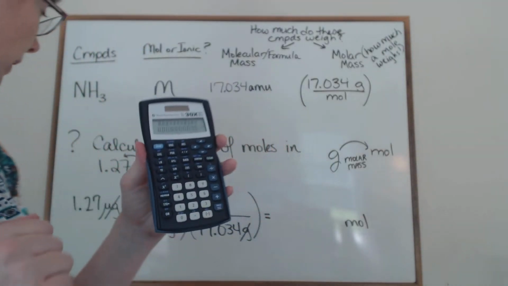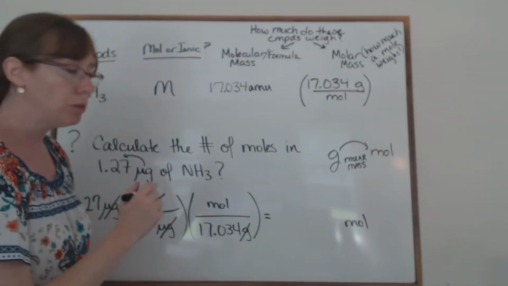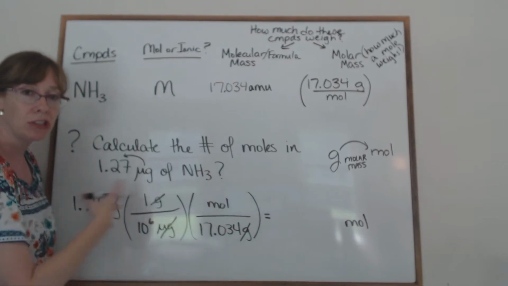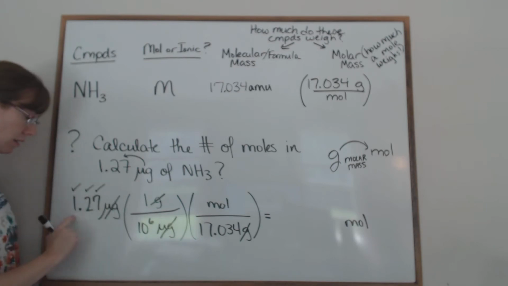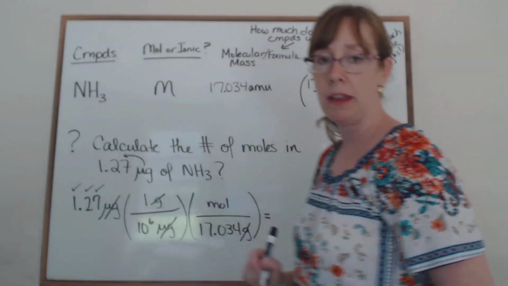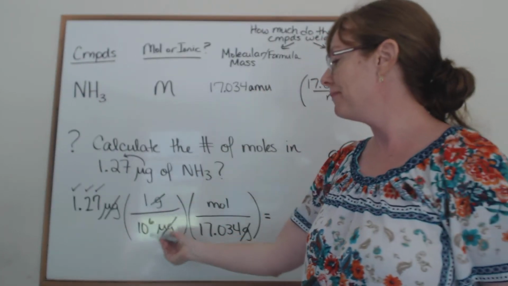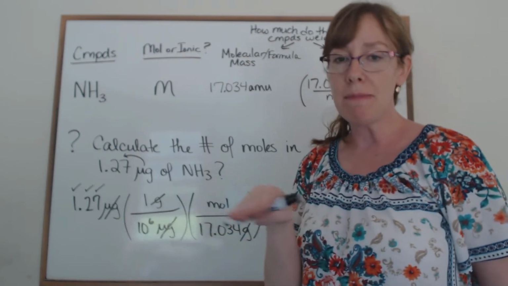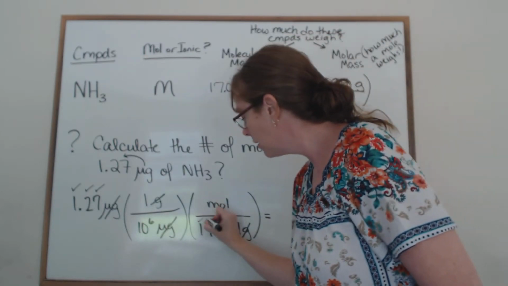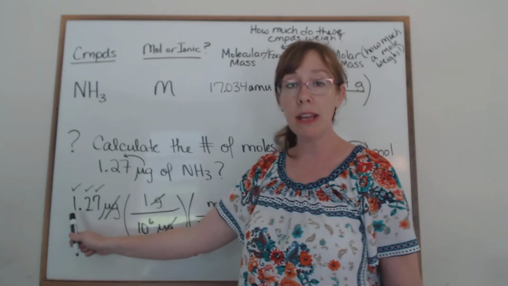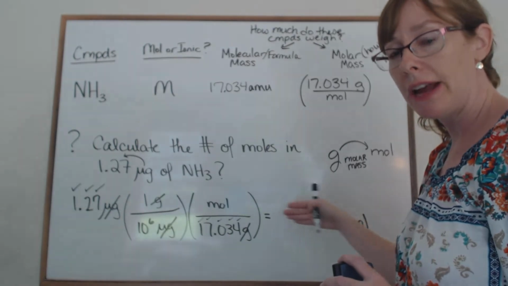Now, let me show you something real quick. How many sig figs are going to be in our answer? Well, this is a multiplication division problem. So you count the sig figs in all the pieces. So this guy has 3 sig figs, all non-zero digits, so they're all significant. This is an exact number. That's exactly what an exact number is, if you were wondering. It's just like a metric conversion piece. That doesn't matter. That's not a measurement, so you ignore him. And the molar mass has 5, okay? So 3 is our limiter. You pick whatever one has fewer numbers, and that's how many I get to write in my answer, 3 sig